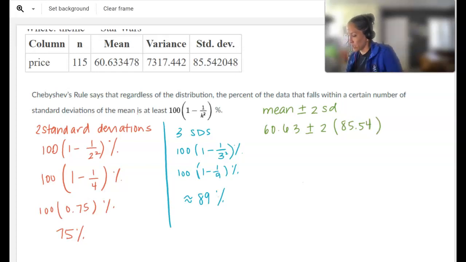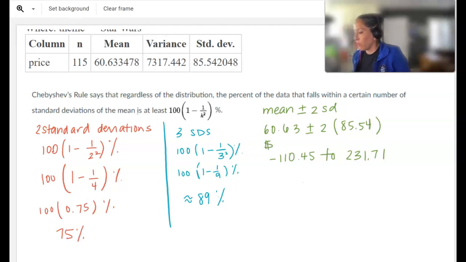So if we do the subtraction first, we get 60 minus 2 85s, which, not surprisingly, ends up with a negative value. And if we add 2 standard deviations, we end up with 231.71. So essentially, what we know from Chebyshev's rule is that 75% of the Lego Star Wars sets in that data set should fall between